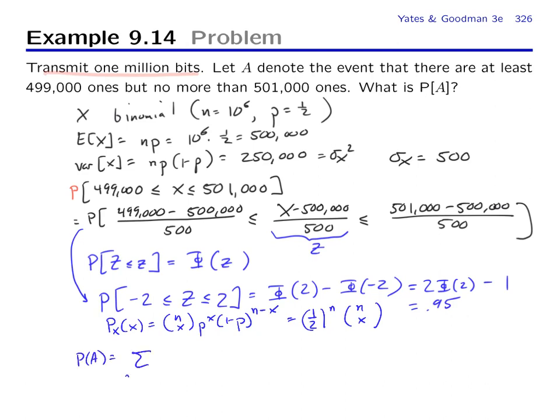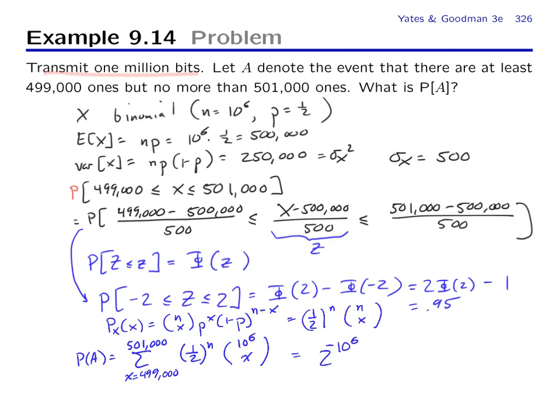You'd have to sum from x equals 499,000 to 501,000 of this PMF of x, 1/2 to the n, which is 10 to the 6th, times 10 to the 6th choose x. And of course, you can factor out the 1/2 to the n, so it's 2 to the